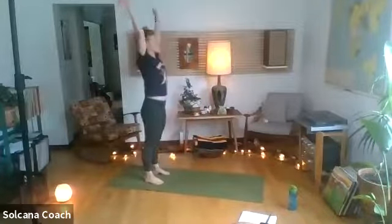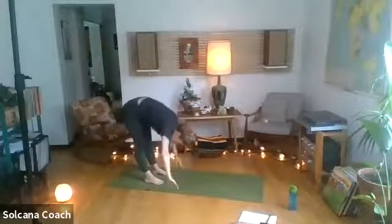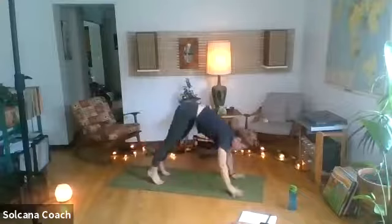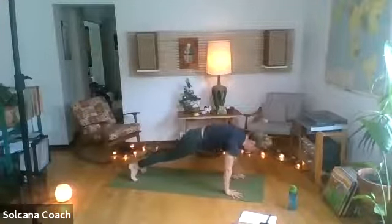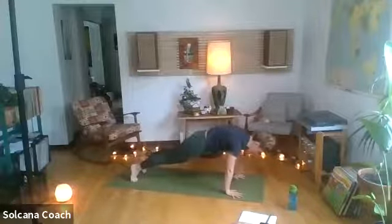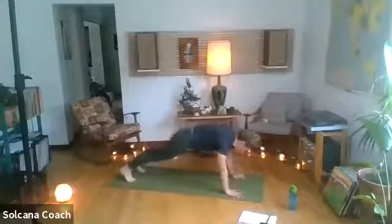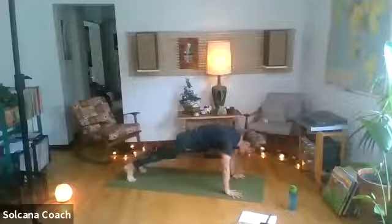Inhale, both arms up overhead. Exhale, arms circle wide. Forward fold at the back of the mat. Inhale, we'll walk our hands out to the top of a push-up. We'll rock forward and back on our toes in our plank again like we did earlier. We've got 10, 9, 8, 7, 6, 5, 4, 3, 2,